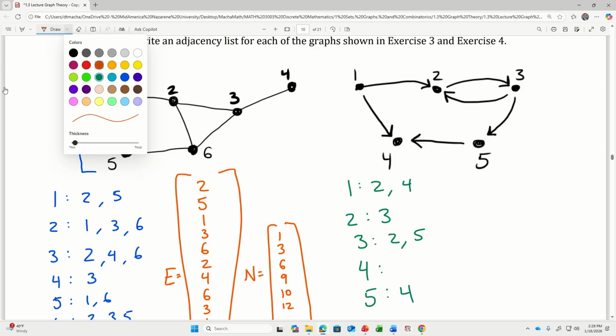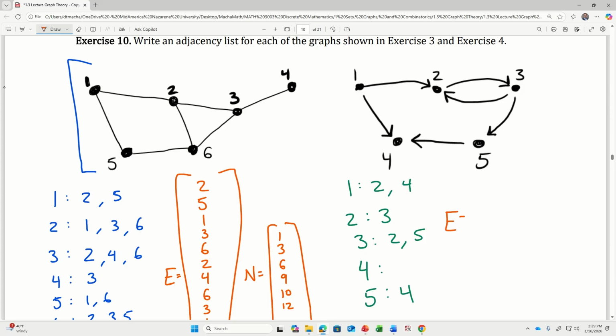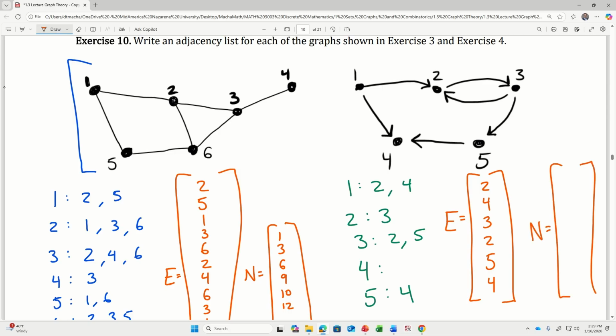So if I'm going to communicate this to my computer, I've got to give it a list of edges that will look like 2, 4, 3, 2, 5, 4. And then another list that tells us where to look in the list E to find the start of the edges that originate with each particular node. And so node number 1 starts at position 1. Node number 2 starts at position 3. Node number 3 starts at position 4. Node number 4 starts at position